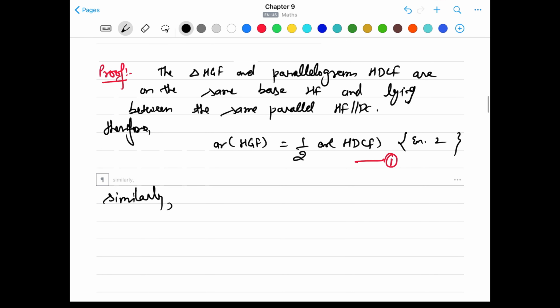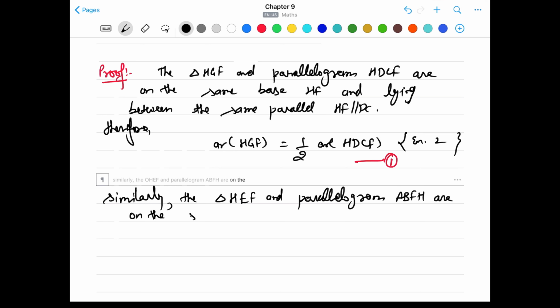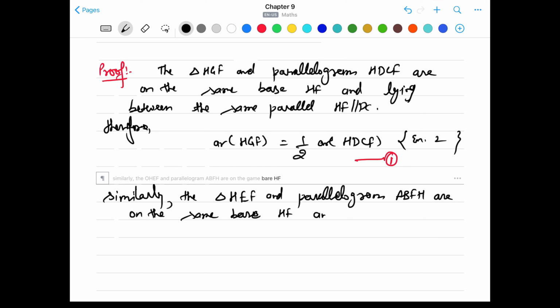Okay, so we'll write similarly: the triangle HEF and parallelogram ABFH are on the same base, here again HF, and lying between the same parallel lines, here HF and AB. Okay, again therefore